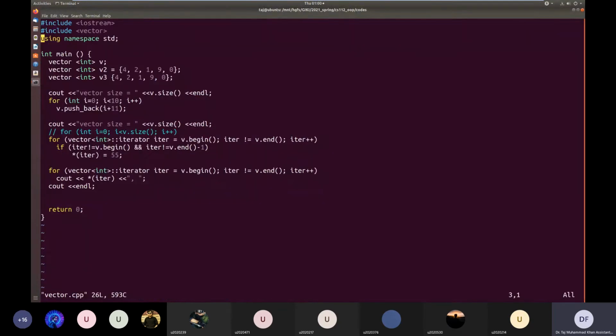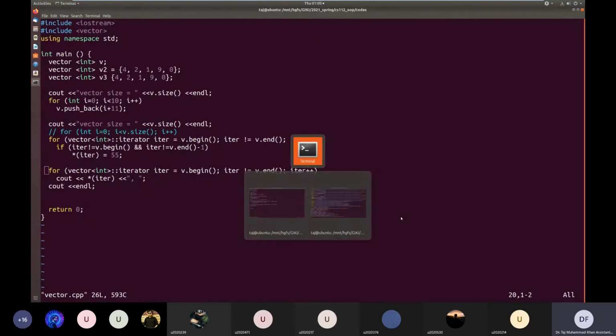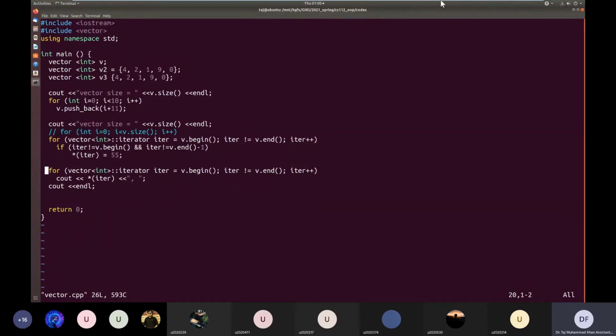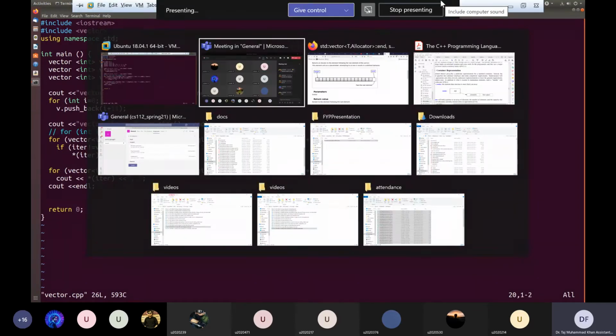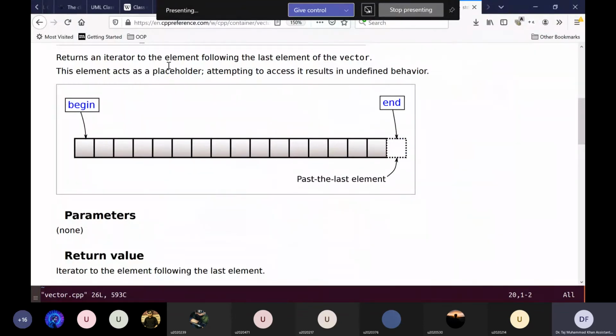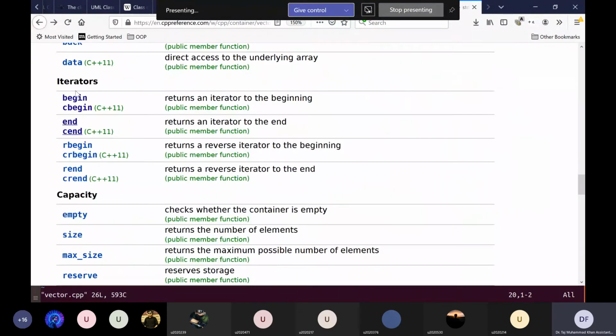What I wanted to tell you was that if you see here in the iterator descriptions, you have the functions begin and cbegin, end and cend. So begin gives you an iterator, and cbegin also gives you an iterator, but cbegin gives you a constant iterator.